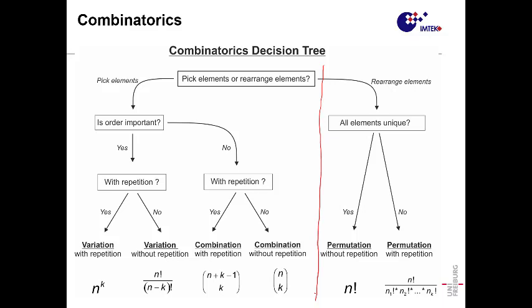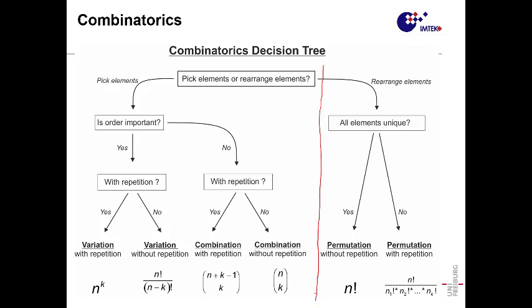One is that you have to pick something from a subset, and the other is that you have to rearrange the elements of the subset. Okay? It's a different story. One thing is to pick something from the box, and you get it, or throw a die and you see it. The other is to rearrange the elements of a subset. One is usually called a permutation, and the other is called a combination or a variation, depending on the case.